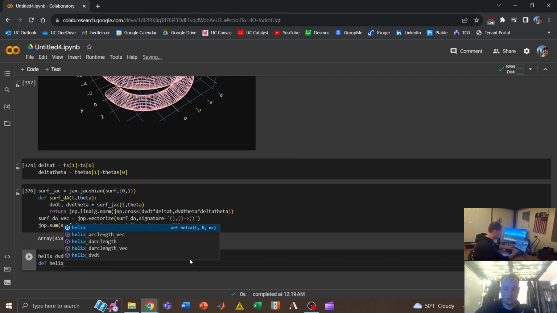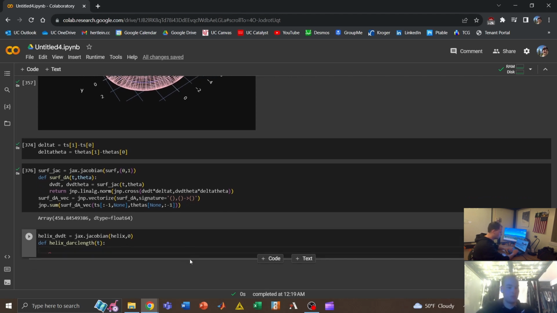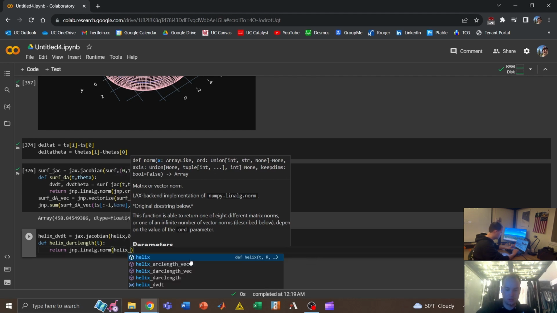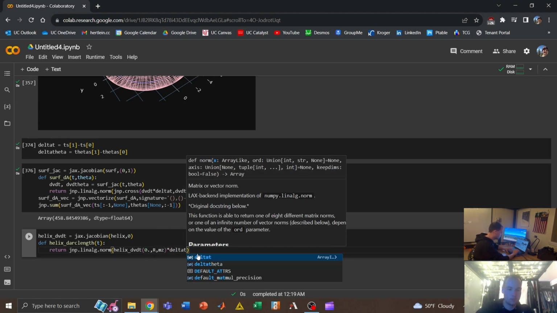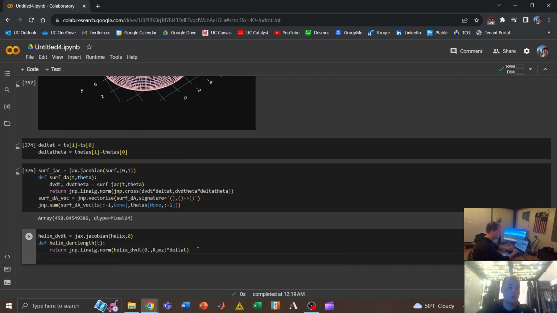And we will define a function helix d arc length at some position t, or some time t. And then we will return jnp.linalg.norm, because we want the length of that curvature. We'll do helix dv dt, so we'll evaluate that at t, and then multiply that times delta t. Because this is, again, just a single instance of this equation for the arc length at some t, we're going to, again, use Jax's